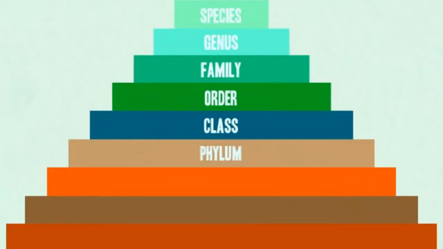extinct. And I can tell from your blank stares that we're going to require a little bit of a refresher on the biological classification system, which, of course, classifies all life based on common descent, and which we will be talking a lot about as we get more into extinction events. Starting with the most specific, and then getting to the most general, we have species, genus, family, order, class, phylum, kingdom, domain, and good old life.